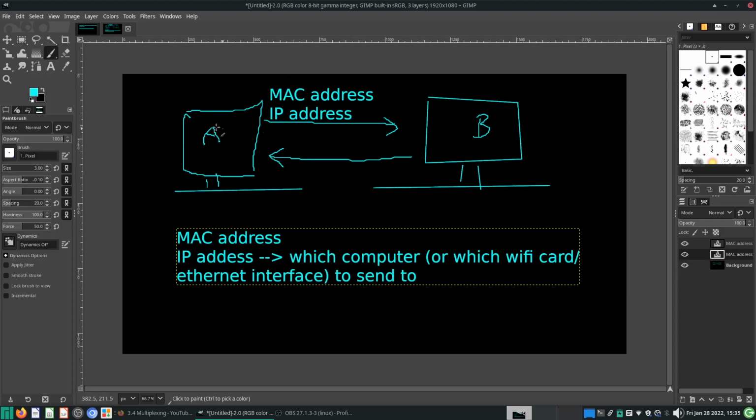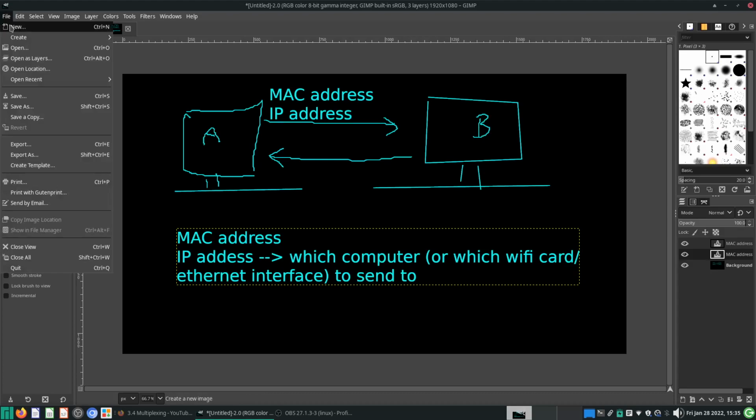Once the message reaches computer B, what is computer B supposed to do? Where does this data go? Does it go to your web browser? Does it go to your email application? Does it go to a download? We have not talked about this before. Computer B needs to know